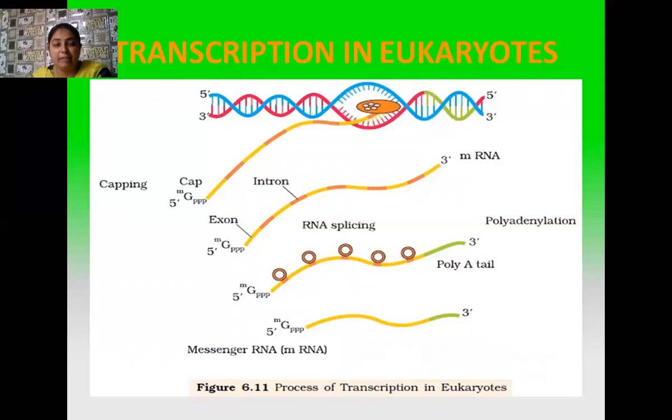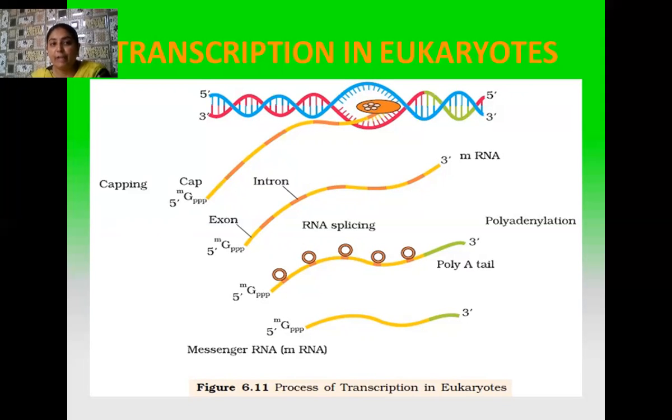If there is a well-defined nucleus, then this nucleus has its own nuclear membrane. Now what happens? The process of transcription, that is the synthesis of the messenger RNA, takes place in the nucleus. And when this messenger RNA becomes ready, fully matured, its processing already done, that messenger RNA crosses the nuclear membrane and reaches the cytoplasm, where it finds the ribosomes.